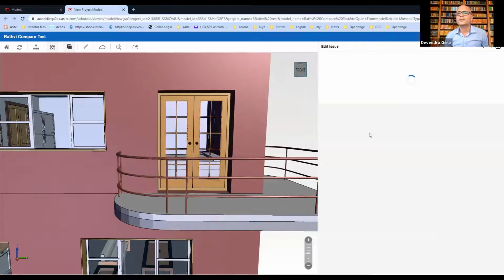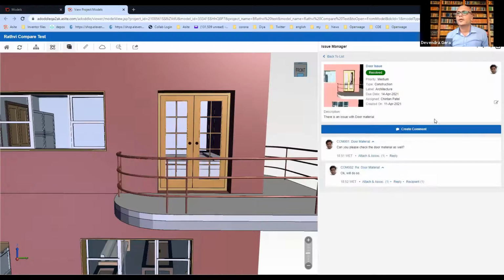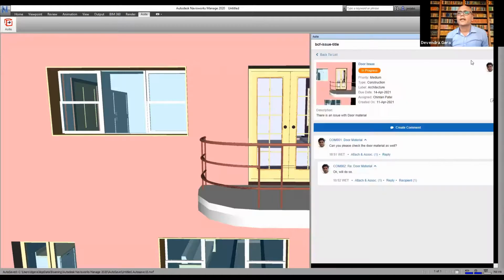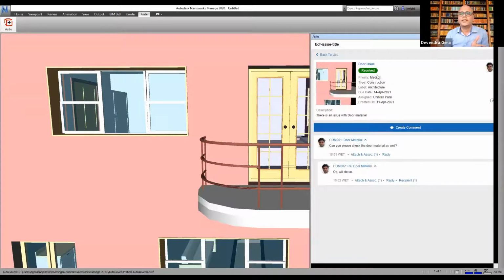I can say, okay, this issue is resolved, and I can say, okay, submit. And if you go back into the Navis workflow, there I can see that the issue is resolved. So it is synced. It is a two-way sync via BCF between Navisworks and the ASIGHT cloud platform.